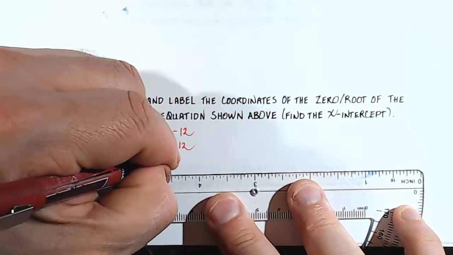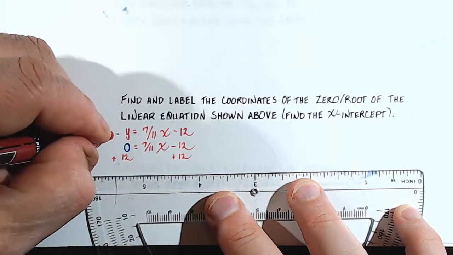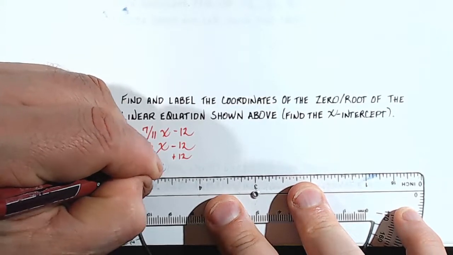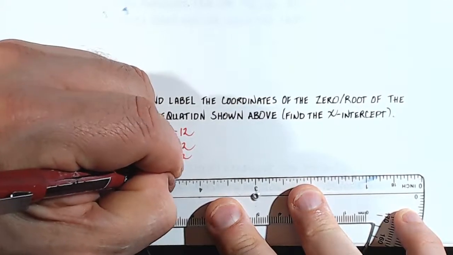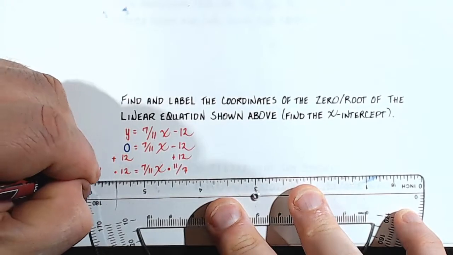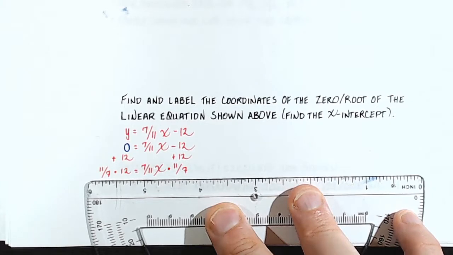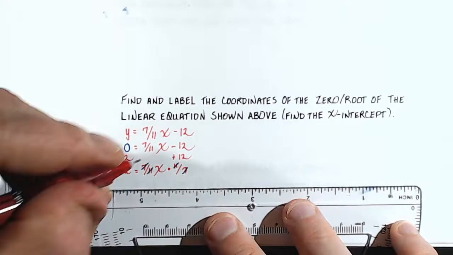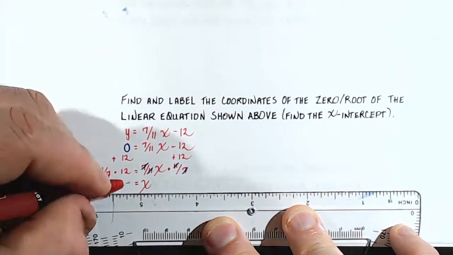Okay, I'll solve for x now, adding 12 to both sides. So I have positive 12 equals 7 over 11x. And I'll get rid of that 7/11 x by multiplying by the reciprocal, keep, flip, change, invert and multiply, whatever you choose to use, and I'll do that on both sides. Okay, I need to keep the equation in balance, and that allows me to cancel out everything on the right side except the x. So x equals, now 11 times 12 is 132